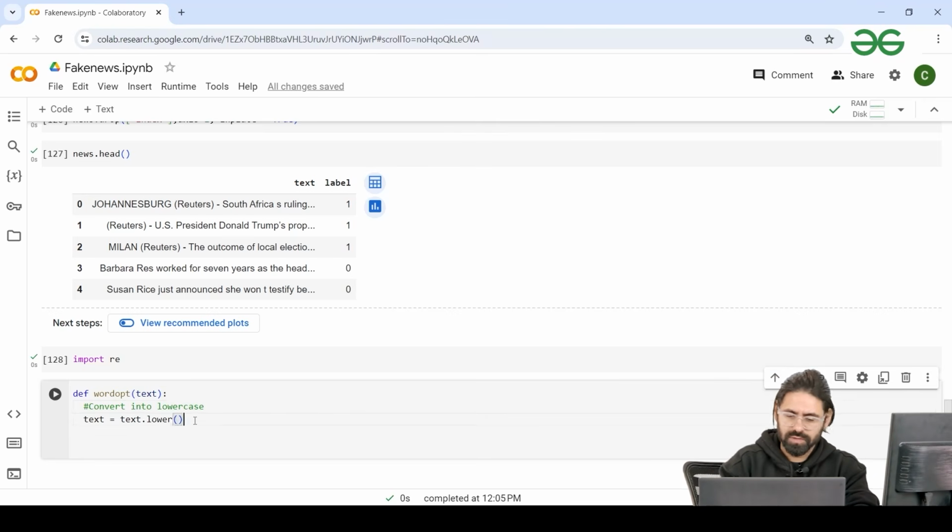Similarly, I would remove the punctuation, and remove